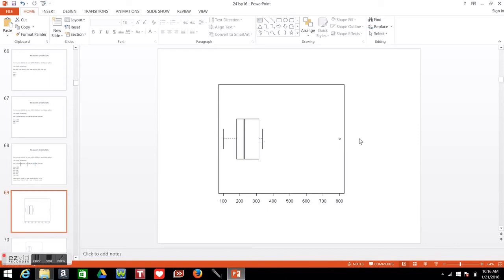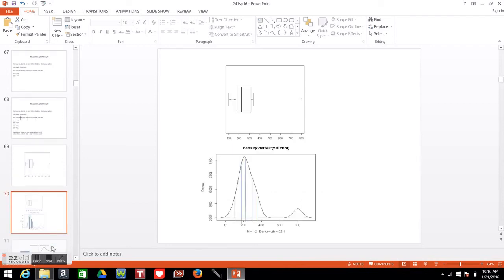Okay? Now what we're going to do next is we're going to say, okay, well, can you look at this data and kind of get an idea of how it's distributed? Where is there kind of high density? Here I've shown the box plot superimposed above what's called a density plot. A density plot is essentially, if you think of it as a histogram, which shows the relative frequency of